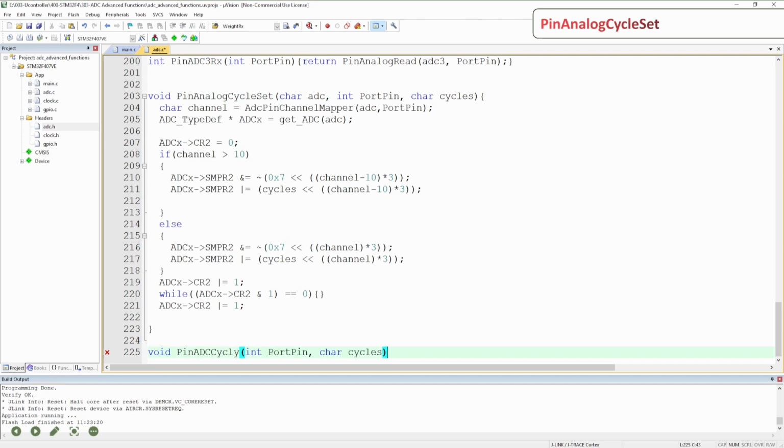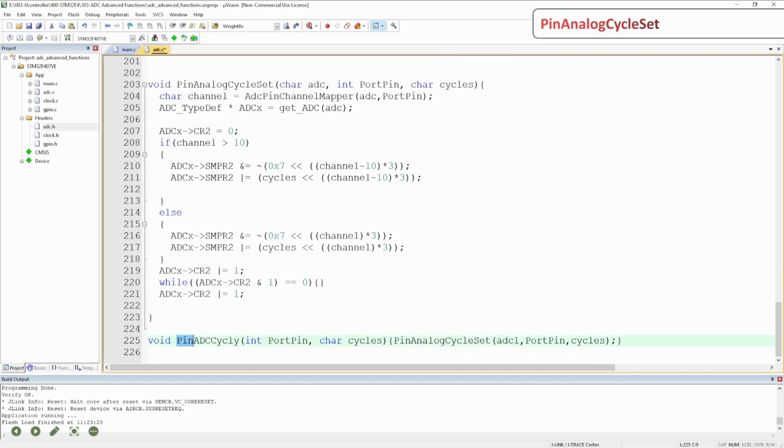And inside it, we just have to add this. So that will be doing this. And for this one, we will be using the ADC one. So it's a very kind of lazy way to have some functions ready for you to use for whatever the pin. So we take this one, we copy it